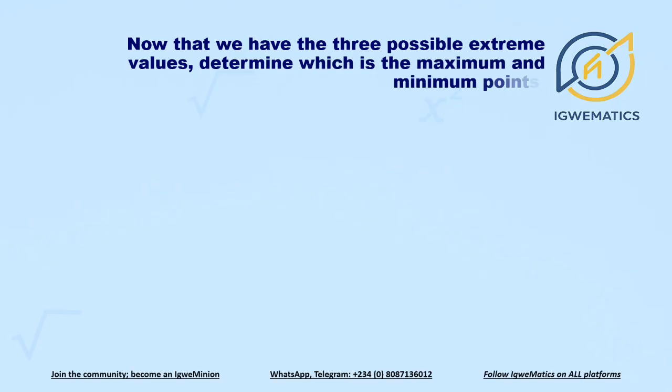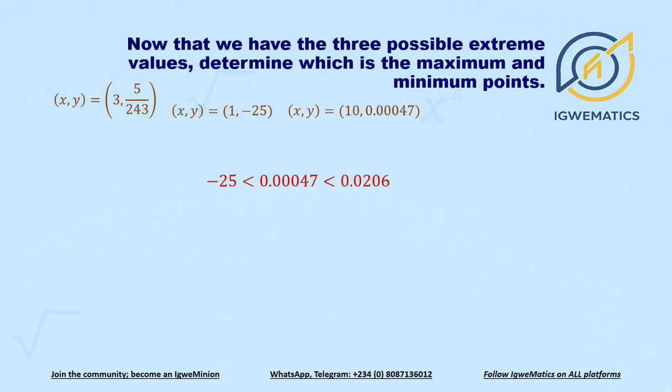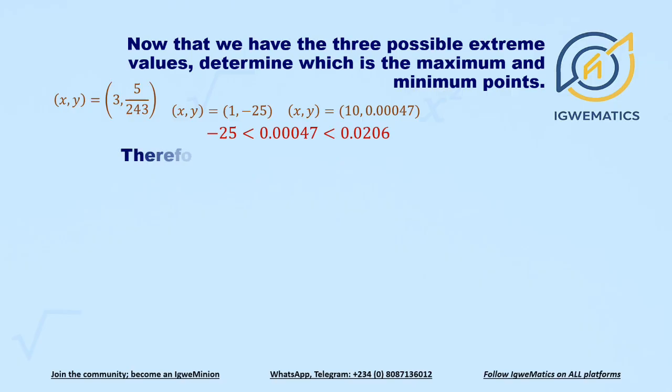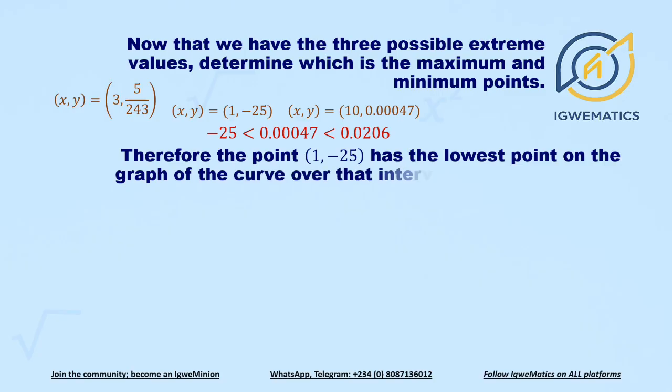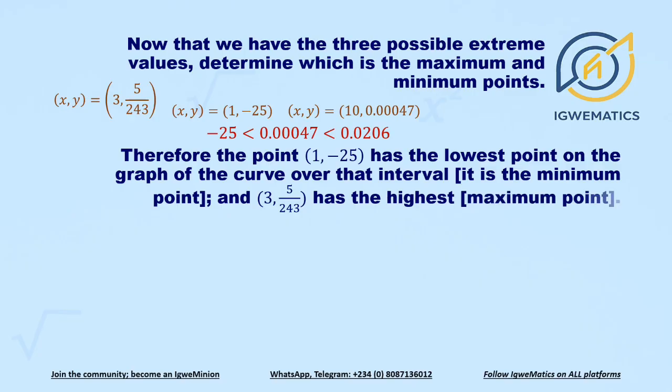Now that we have the three possible extreme values, determine which is the maximum and the minimum. These are our first point, these are our second point, and these are our third point. If we arrange the values of y in ascending order, we would have that minus 25 is the lowest point and 0.0206 is the highest point. So the point with y equal to minus 25 is the minimum, and the one with 0.0206